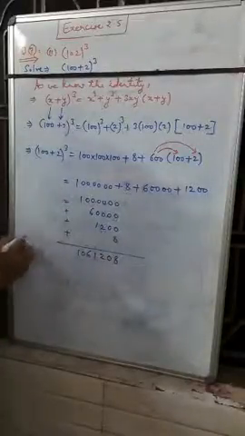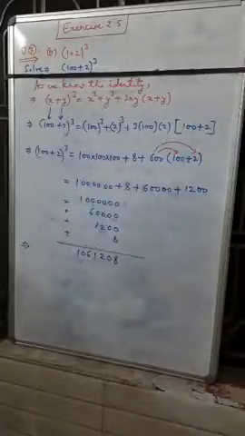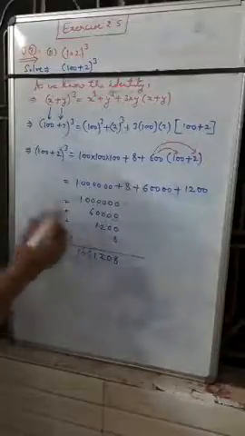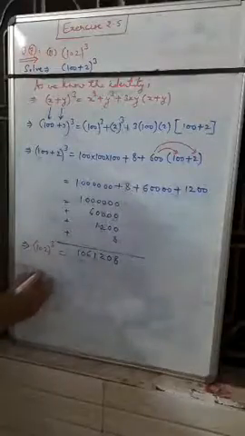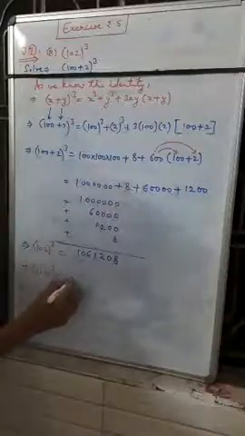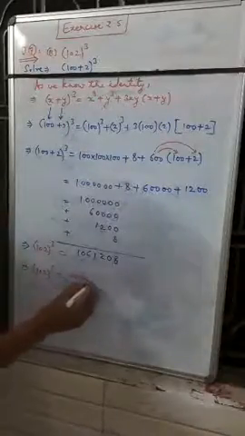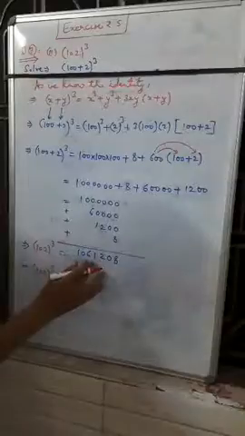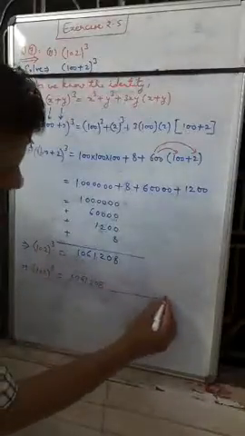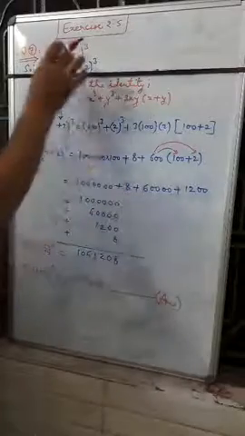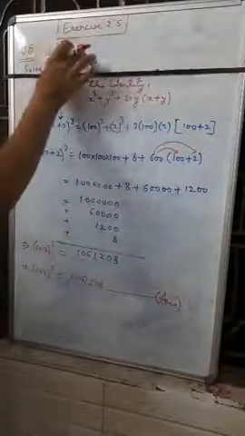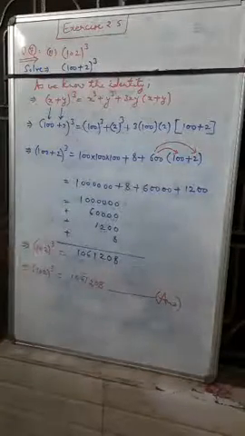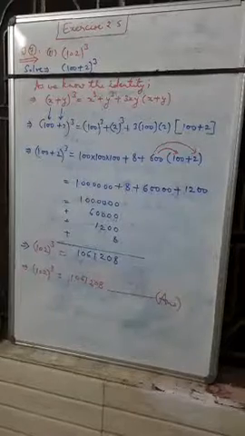So it is 100 plus 2. That means 100 plus 2 is equal to 102. Again we write 102 whole cube is equal to 1,061,208. So that means 10,61,208 is the answer of the given problem. Without multiplying directly, we have used the identity here with 100 plus 2. So 1,061,208 is the solution of the problem.